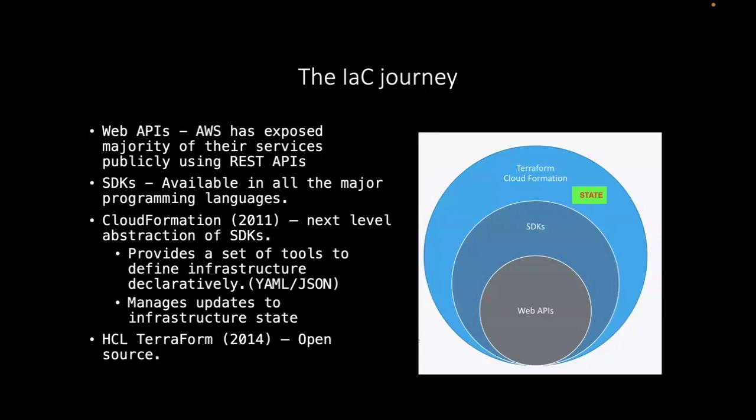Now, in this slide, I'm kind of summarizing what I've been talking about so far. So on the right there is a nice image describing how this whole thing evolved over the years. So first of all, the AWS people provided web API interfaces to all of their AWS services, EC2, S3. They provided an SDK together with these web APIs. That's what I'm saying on the top left there. These SDKs,